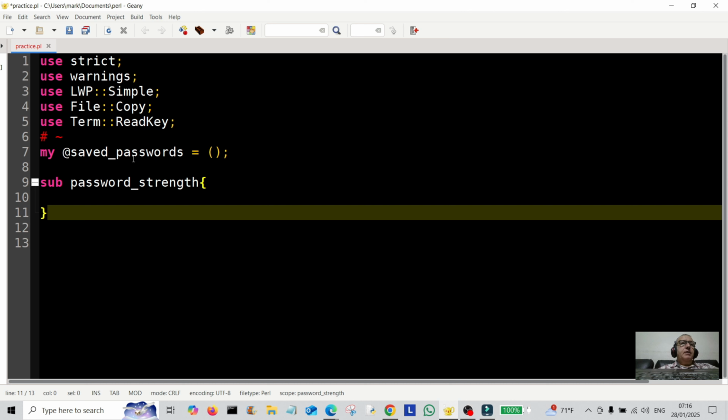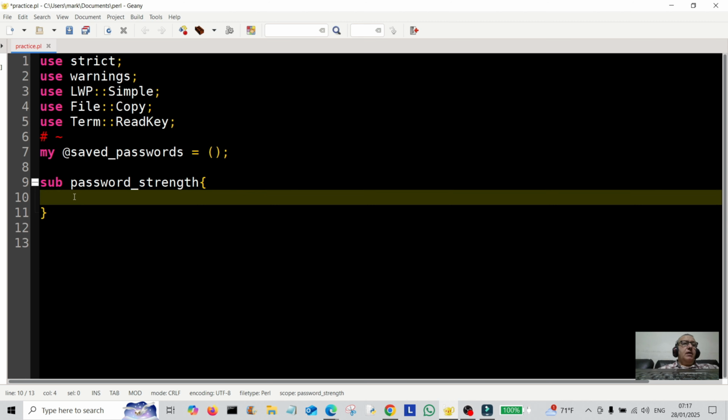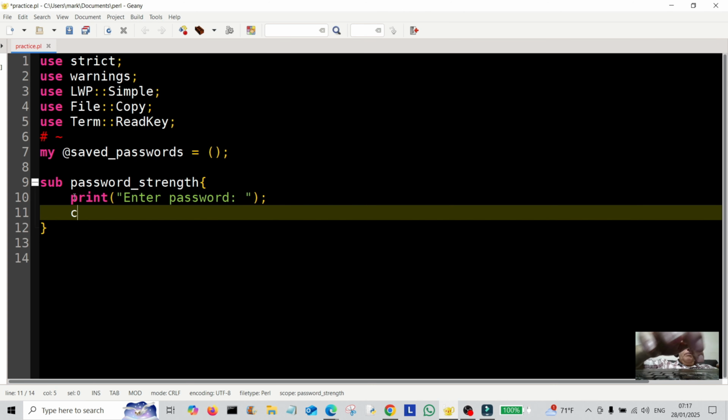I'm going to create a saved passwords array here. I'm going to create a subroutine, password strength, where we test the strength of the passwords. So we tell the user first of all, using the print command, enter password, and then we use chomp, create a scalar variable. Sorry, I'm ahead of myself there. We're going to